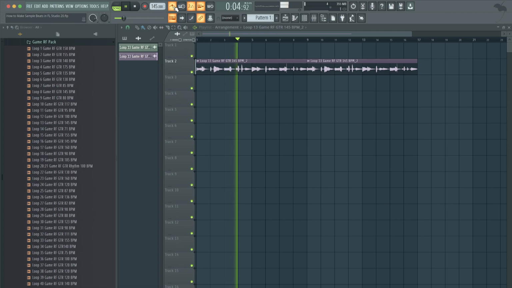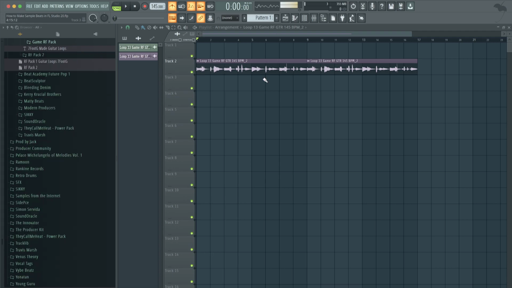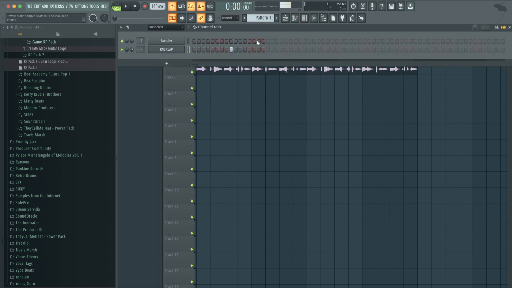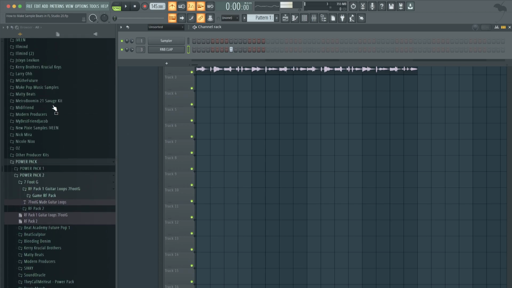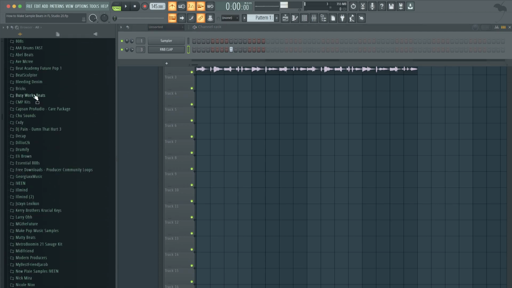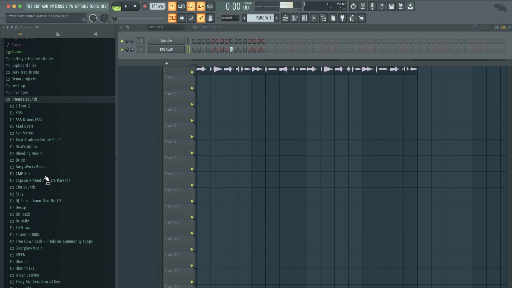And you can see it lines up. Okay, so it lines up great. So that's the first thing you need to do, just understand how to line up stuff with the tempo. And that's going to be your biggest helper, is stuff labeled like that. So now let's grab some drums. Keep clicking on the wrong stuff. Here we go. Boom, we got some drums.